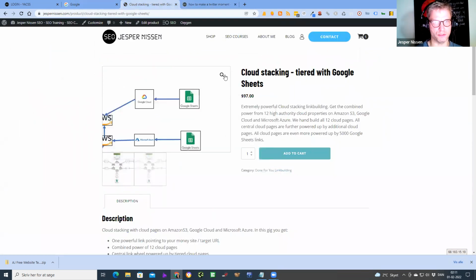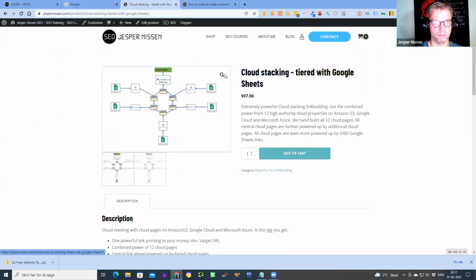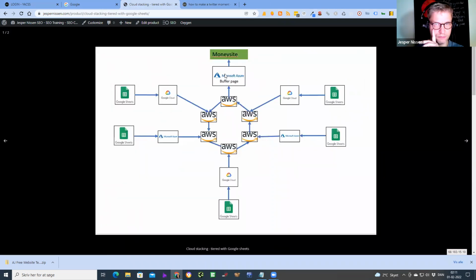And I want to show you this picture. This is a service I'm selling, but this is not to sell you this service. This is just to explain how I'm right now working with cloud stacking.